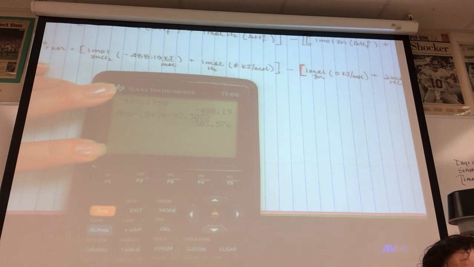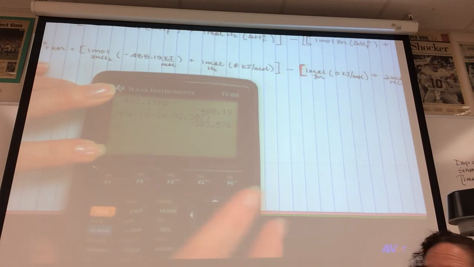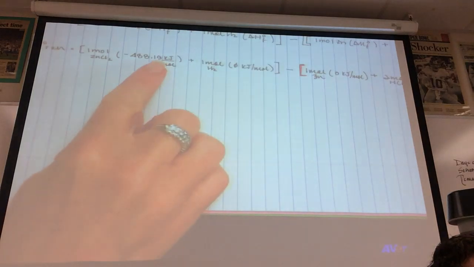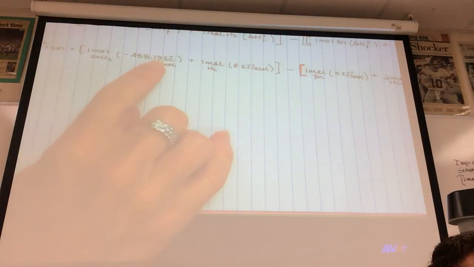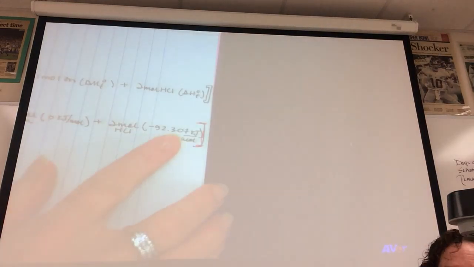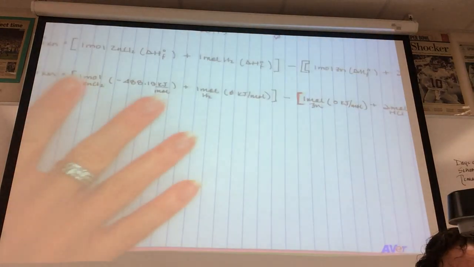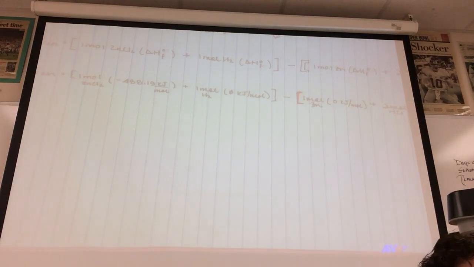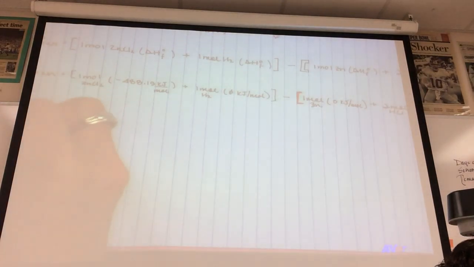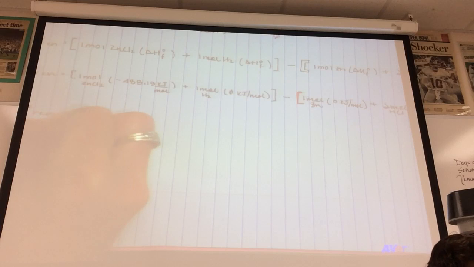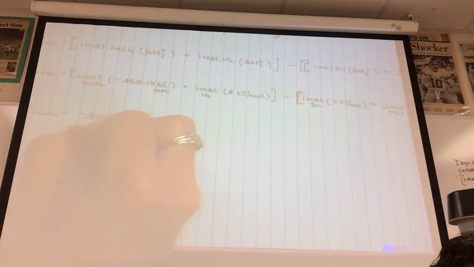Now in regard to sig figs, I look at the quantities that I entered in terms of kilojoules per mole. Because I am adding and subtracting, I look at the least number of decimal places, not the zeros though. So for example, I've got 2 decimal places, to the 100th place. I've got 3 here, so I'm going to the 100th place. When you add or subtract, you go to the least number of decimal places, and that is negative 303.58